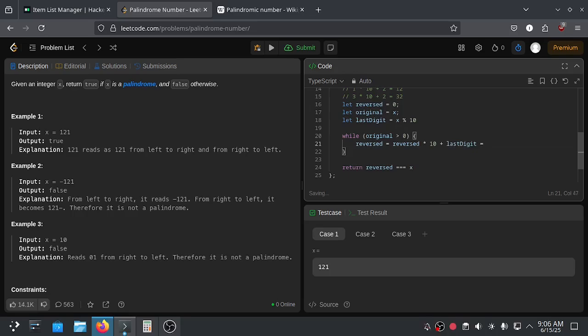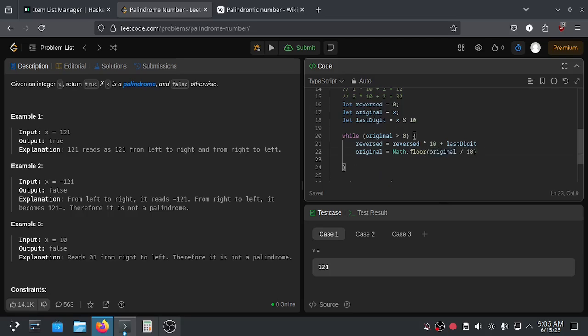Since we got the last digit from the modulo operator, we got 1, and then we can reduce the original: the original divided by 10, floored.